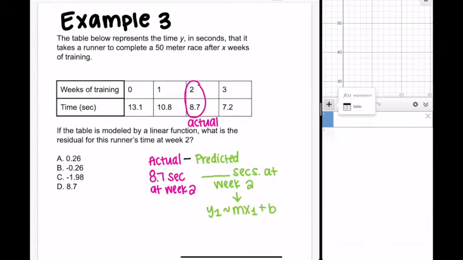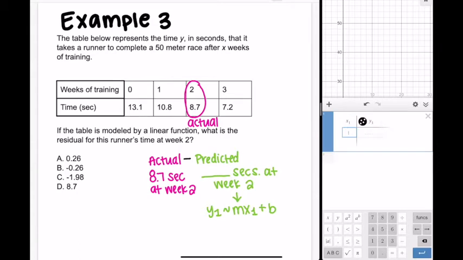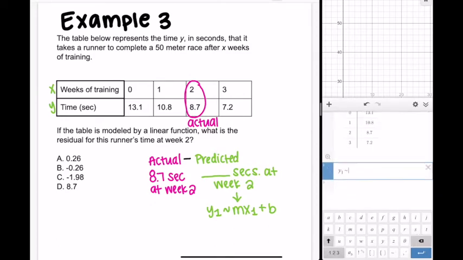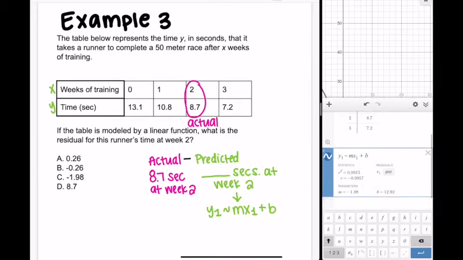So to find our line of best fit, we're going to add this table into Desmos. Just be careful, make sure that you're putting in the correct x and y values. Once our table is in, we tell Desmos we want a line of best fit, y1 ~ mx1 + b. So our line of best fit would be y equals negative 1.98x plus